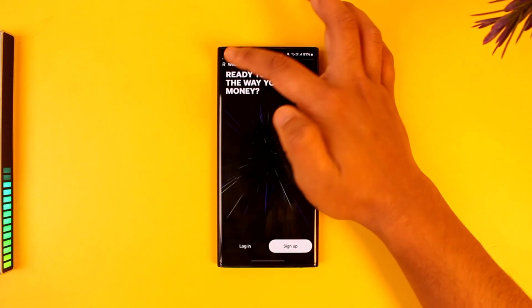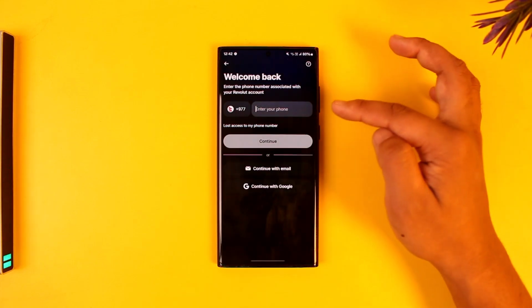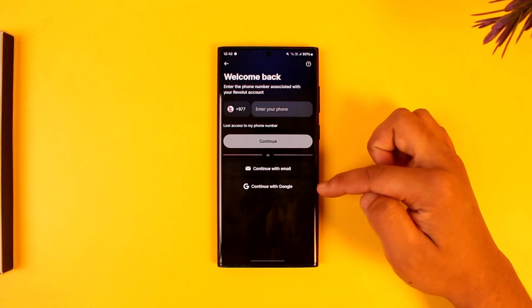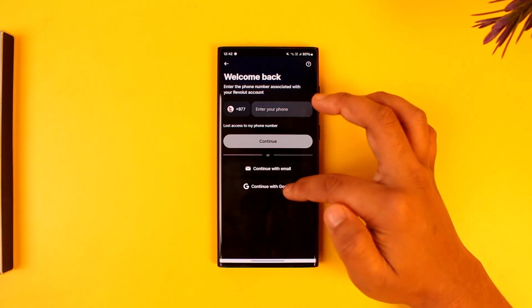Now, however, if you already have an account, by the way, you can instead tap on the login button, and there are many ways to log in. You can log in with phone, you can log in with email, or you can log in with Google. So if you have verified or linked also with your Google account, you can simply select the Google account option